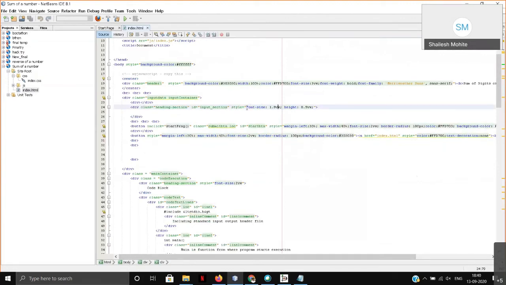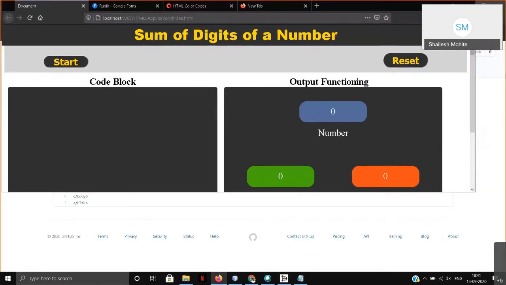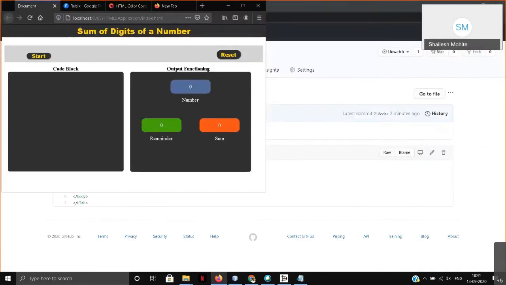So here you can see the font size is 1.8. If I change it, you see the difference here, and also here. Why is it 1.8?